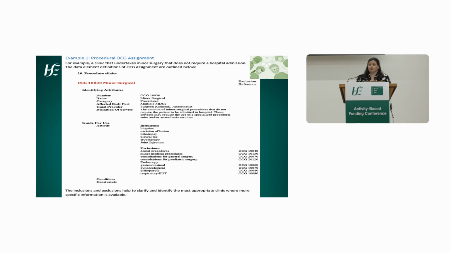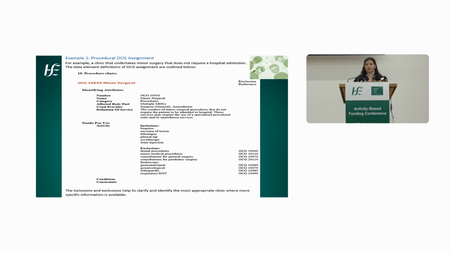So each one of those 146 OCGs has what we call a data element definition. And this is where the hierarchical structure and the decision tree effectively is there for each one of the OCGs. So this is minor surgical, it's 10,030. It tells you that the usual provider is a surgeon or anaesthetist. The definition of the service for that OCG is the conduct of minor surgical procedures that do not require the patient to be admitted to the hospital, the services may require the use of a specialised procedural suite and/or anaesthetist services. It tells you what to include in that, biopsies, excisions of lesions, joint injections,